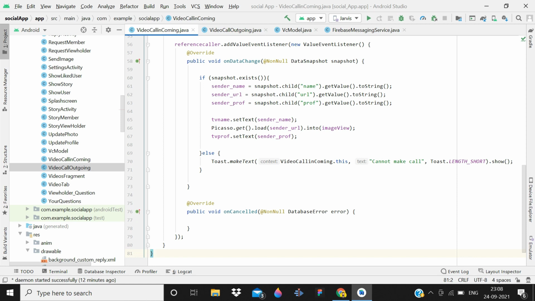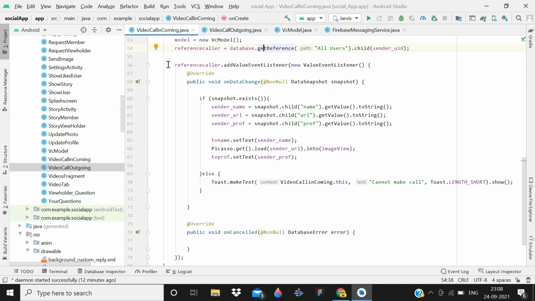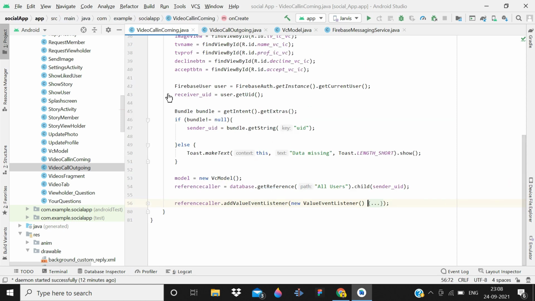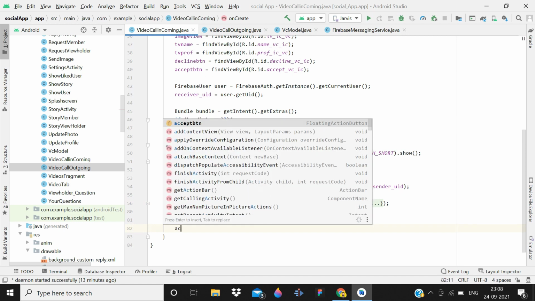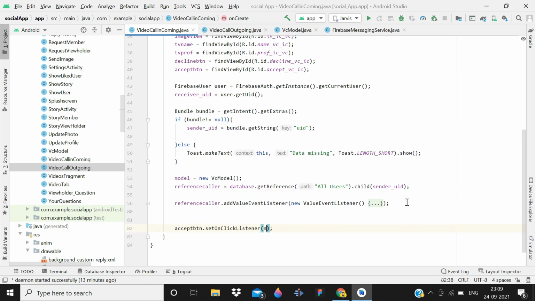So after that what we can do is fetch caller data and fetch caller token. Actually we will not implement token, so we don't need the token, but we need to fetch user data and caller data. I guess we are already retrieving that data here. Yes, so that part is done. So yeah, after that we can close this one, and then here we have to create set on click listeners. So first of all we will handle accept button.setOnClickListener, then new, then